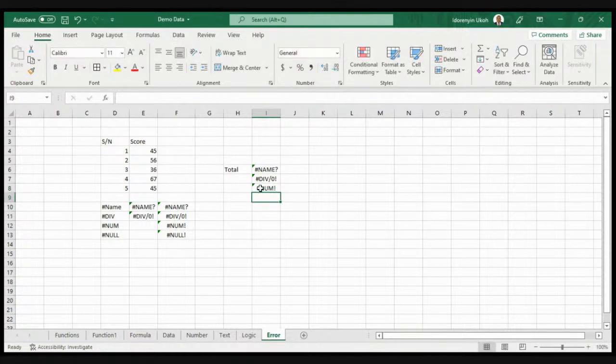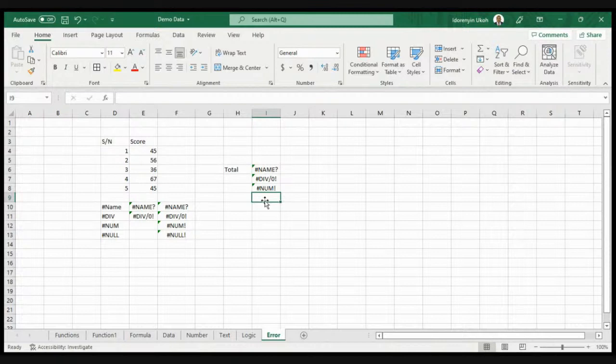The num error. So sometimes we make a mistake. So when you have a large data set, for example, you may be trying to do a calculation, and you actually miss that inside your data set, you don't have maybe that particular entity data on it, either the text data, and you use it in your calculation, or you have a wrong function, you will notice that the num error would actually be displayed in the cell that you're trying to evaluate.